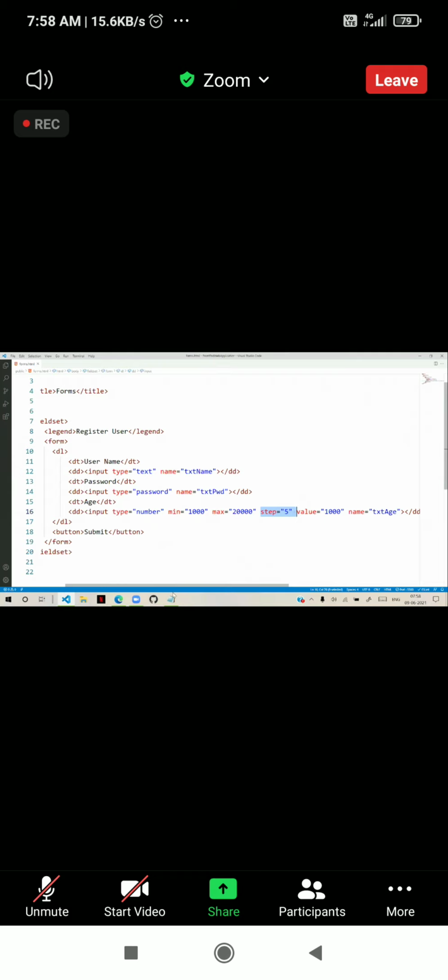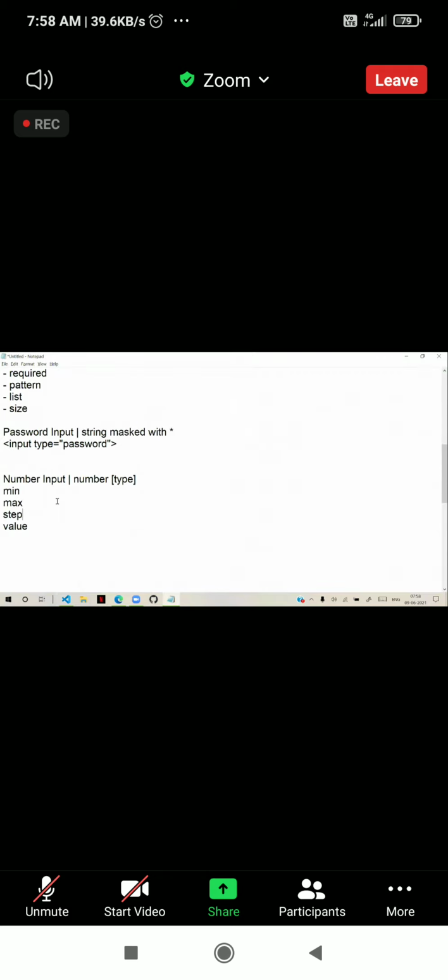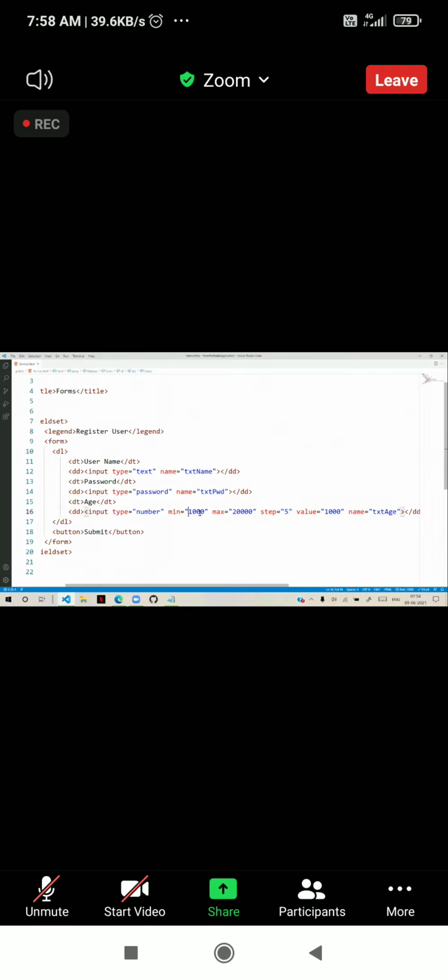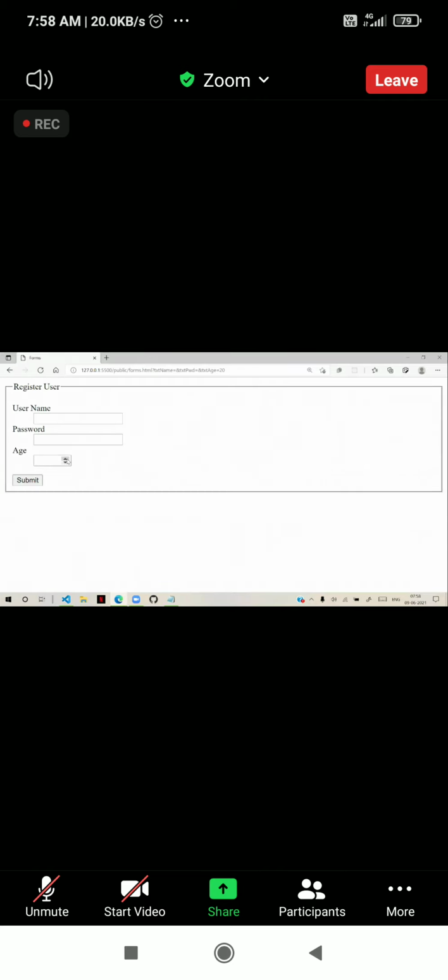So when you are using number input, you have to define these. It can be any fraction. Suppose I give minimum 0.0 and maximum 1.0. Like this, I gave a fraction. Step and value I am not defining here. So you can see now, when I use it, it is not showing any other values. It is showing 0 and 1.